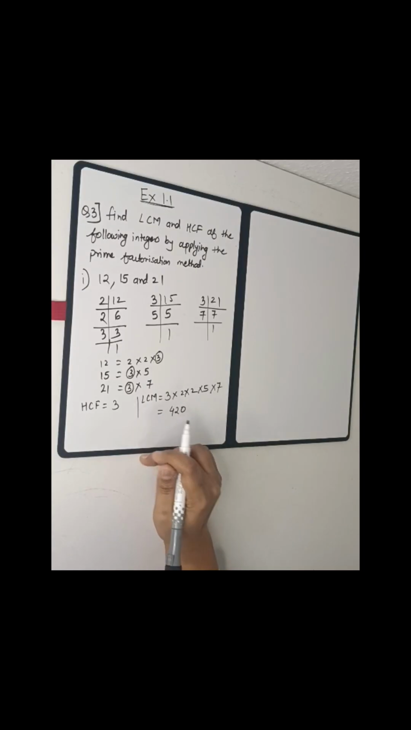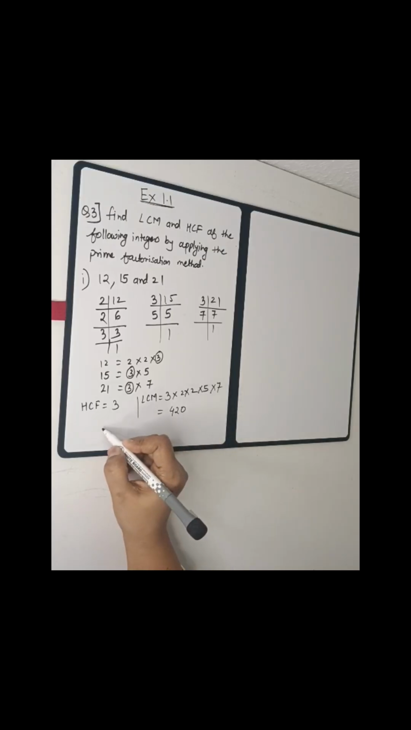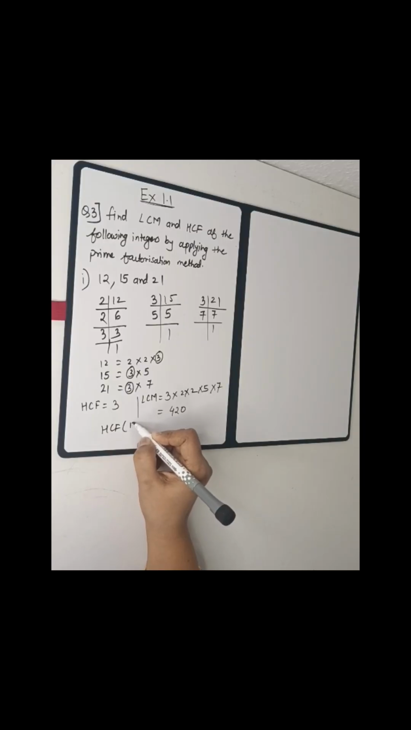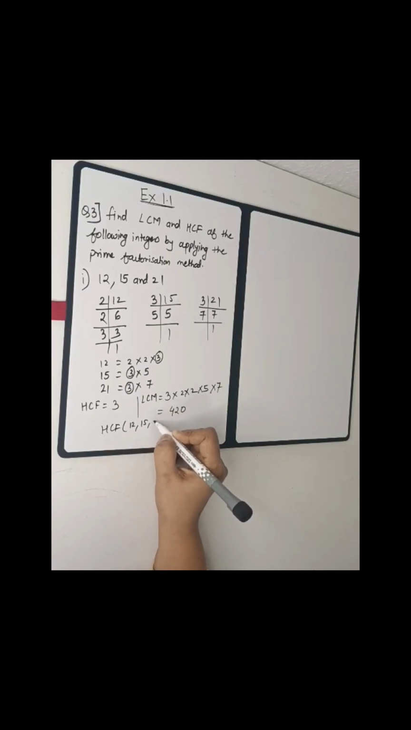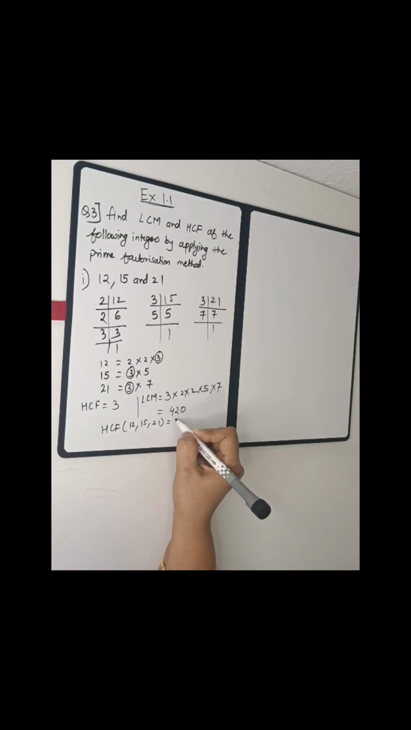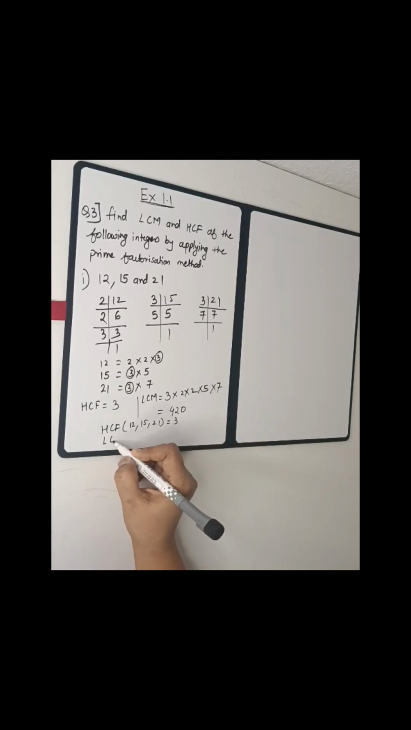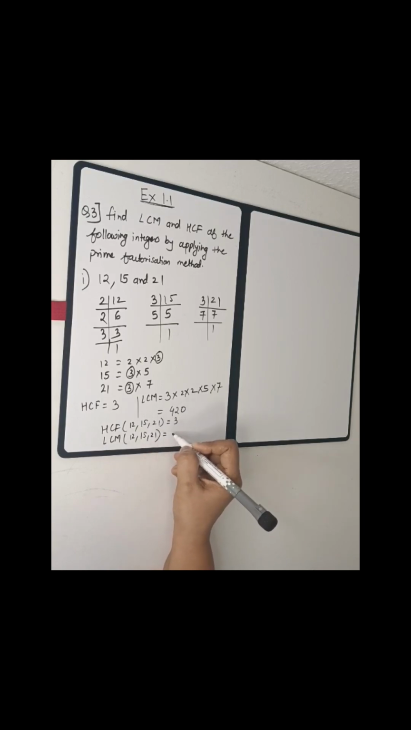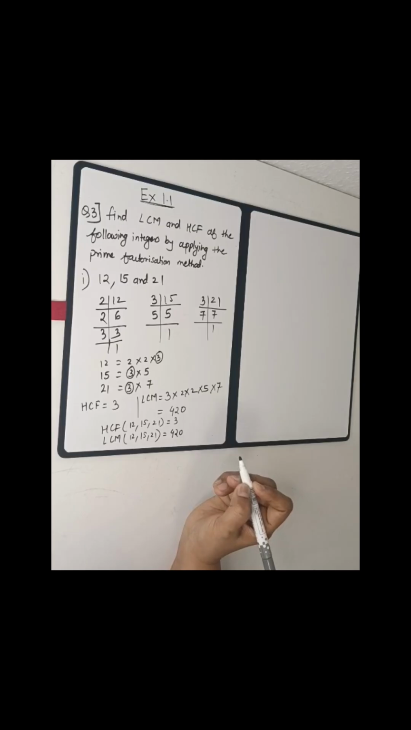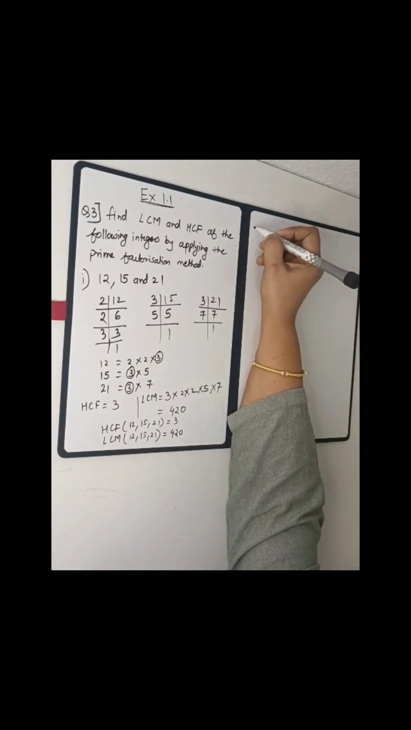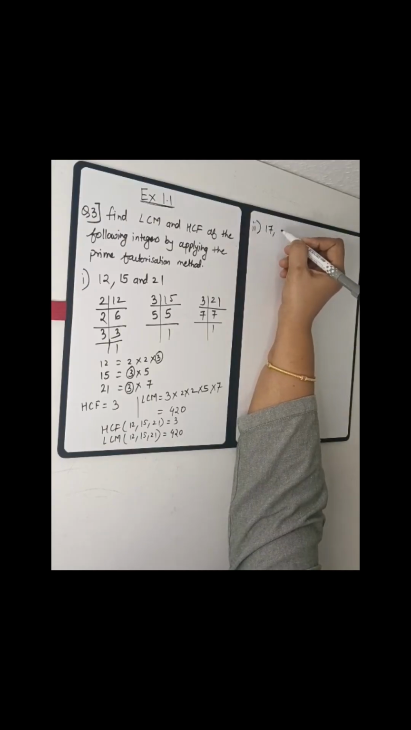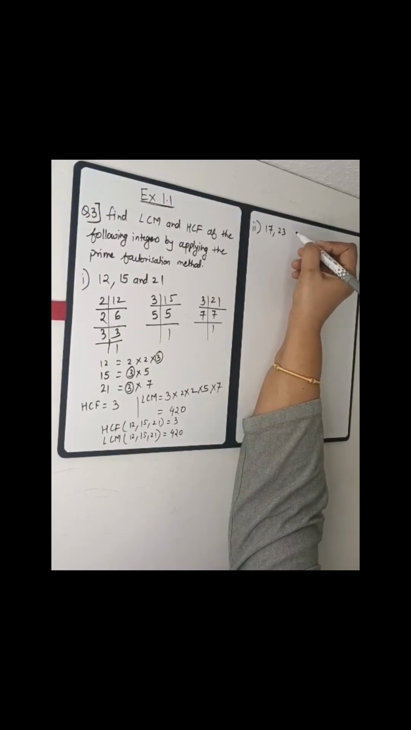So you have to write the final answer in the way, if there are more numbers you will write HCF of 12, 15, 21 is 3. LCM of again 12, 15, 21 is 420. Similarly, we are going to see the next question, and the next question is 17, 23 and